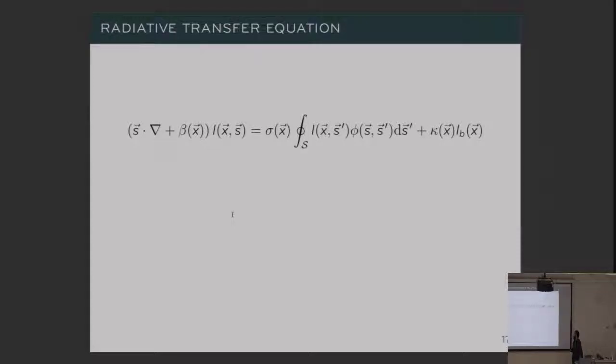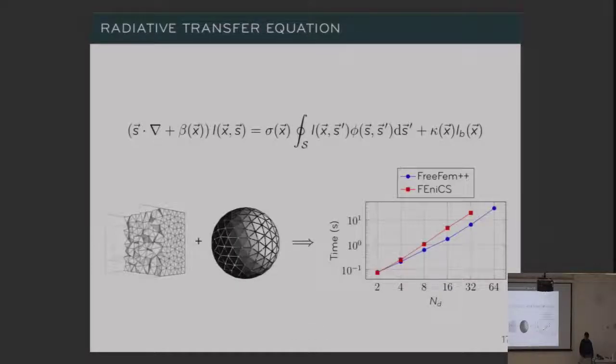And this is a high-dimensional problem because you have an integro-differential operator, and you have a dependency in space, so the x, and also in angle. So you are doing a problem in 5 dimensions, so x, y, z, and longitudinal and azimuthal angles. So you can do a lot of different solvers. So you can do ray tracing, you can do Monte Carlo, and what we do is a deterministic solver based on a finite element discretization plus the discrete ordinates method.